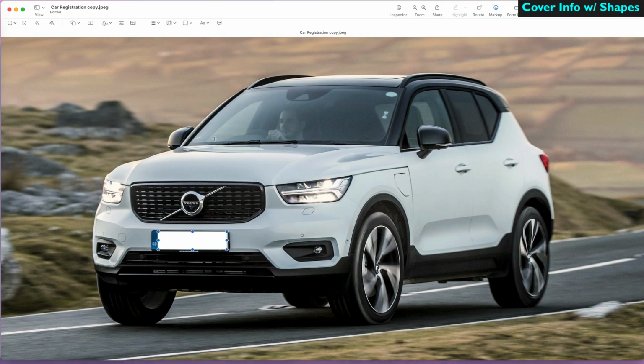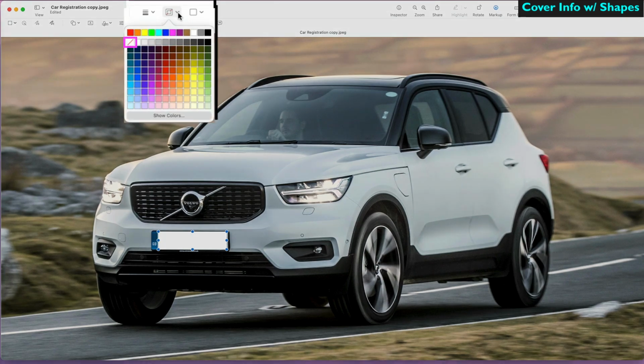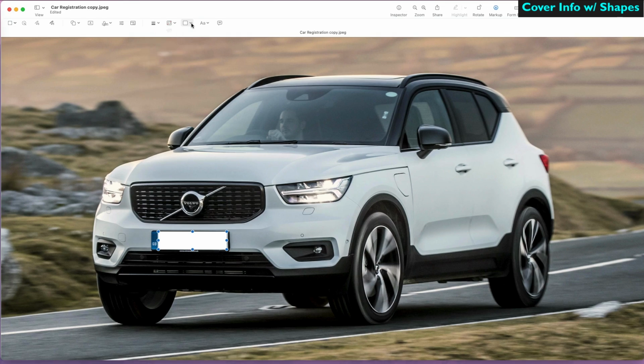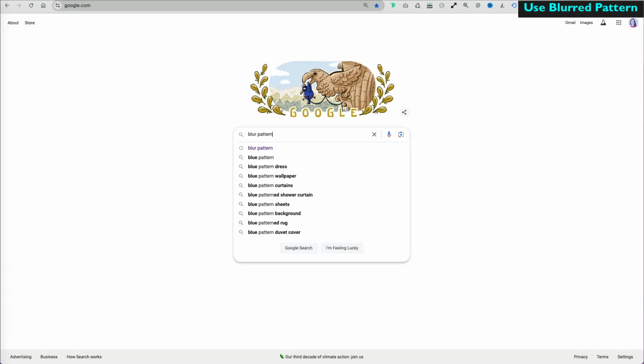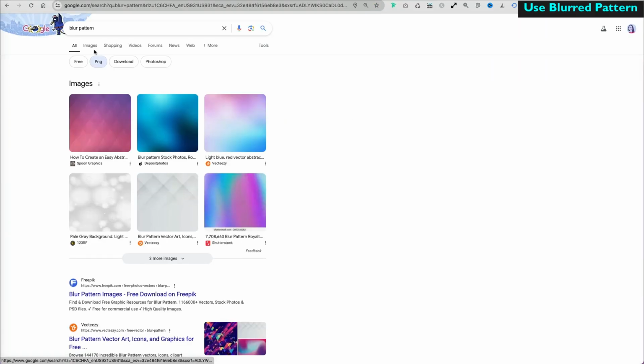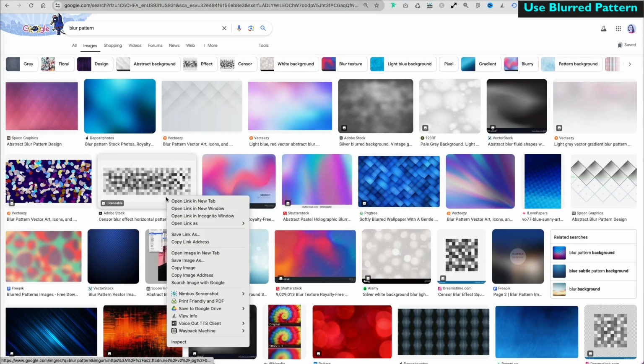To change the shape's border, select the border option. It's hard to tell whether I have a wide border or no border selected, but in most cases you probably won't want a border. I'm going to change the fill though to black to match the rest of the car. That looks pretty good. Another way to cover sensitive information is to search online for a blur pattern and then